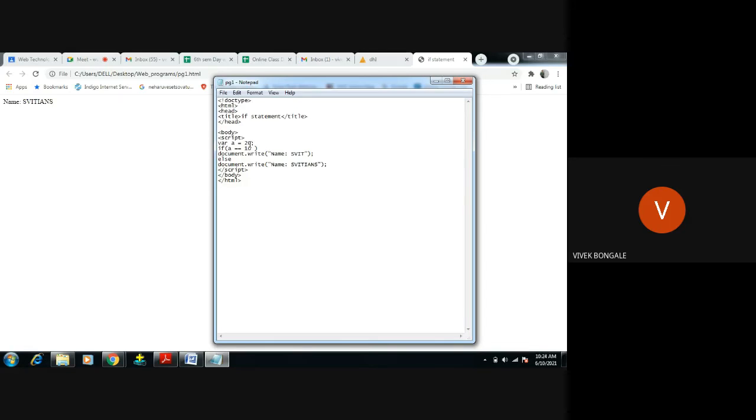Now, I want to give the value in the browser through a prompt. Yesterday we saw the alert message, right? If you click on that rectangular box, we get that pop-up message. Then that particular part will execute and display the result in the browser. The same thing we're going to do here, but we use not alert, we use prompt. Prompt means it will ask for input from the user.